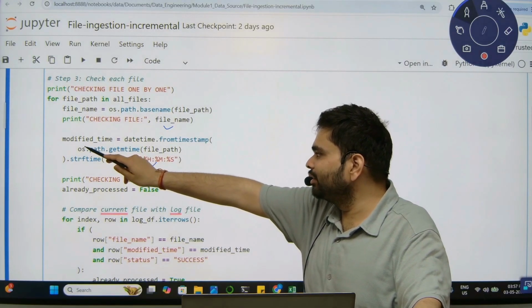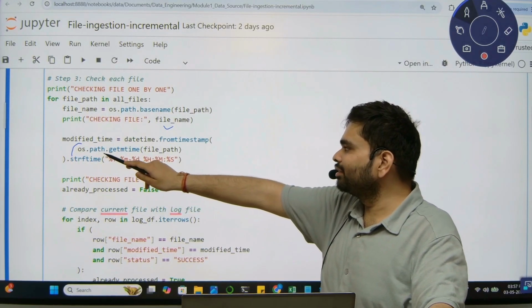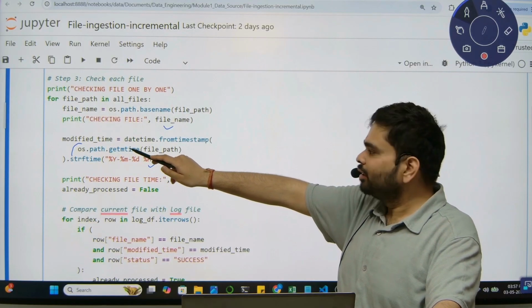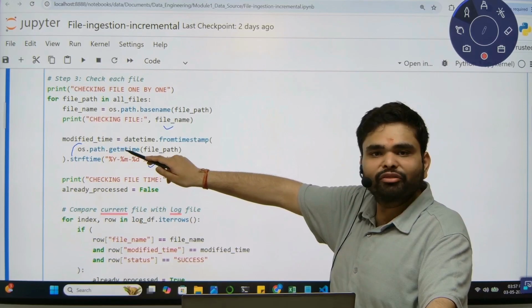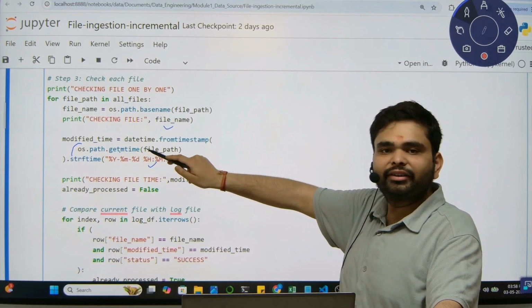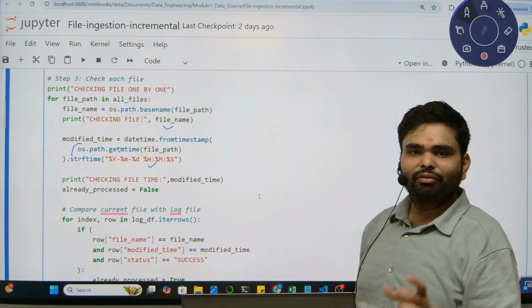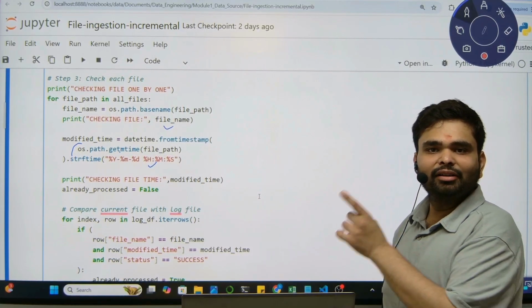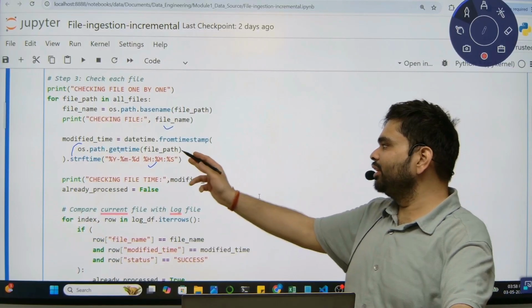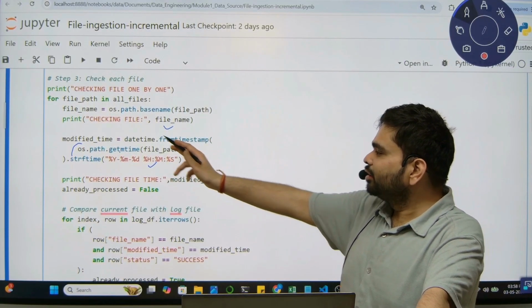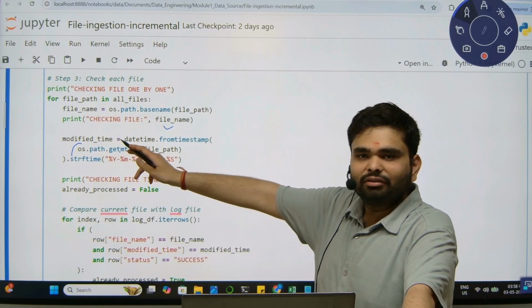Just look at the inside part. os.path.getmtime. What does get modified time mean? Inside that we will pass the file path. So it will give the modified time of that file. Once we get the modified time, we will assign it to the modified_time variable.